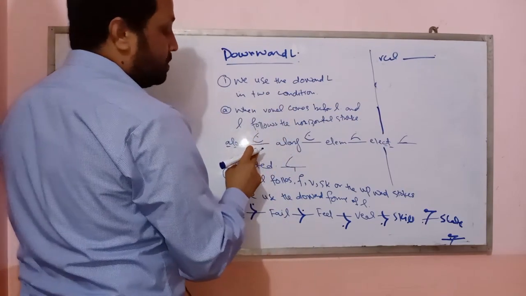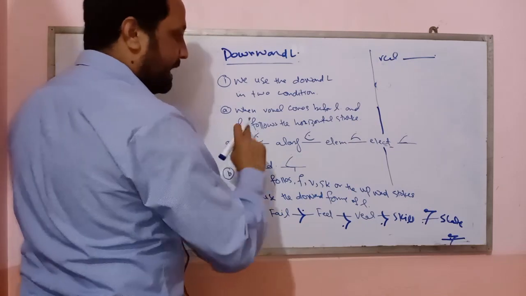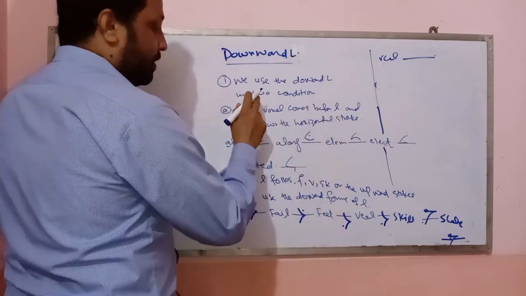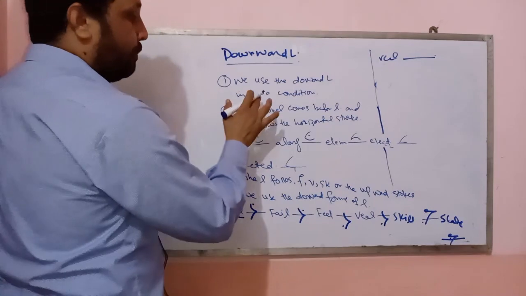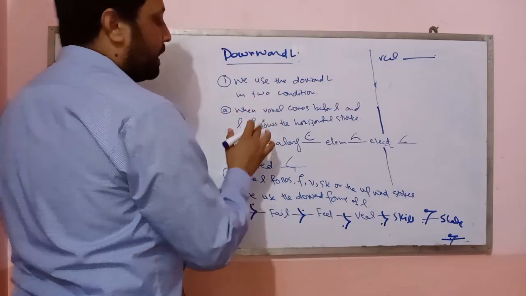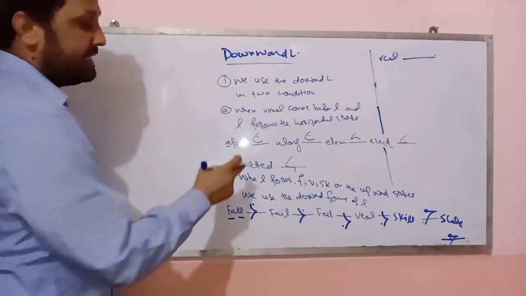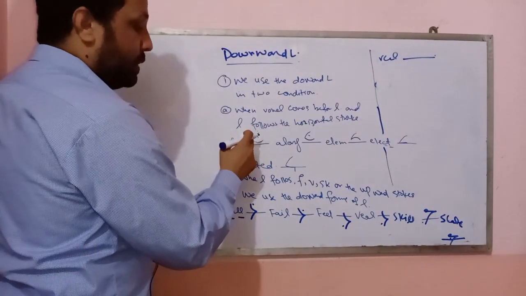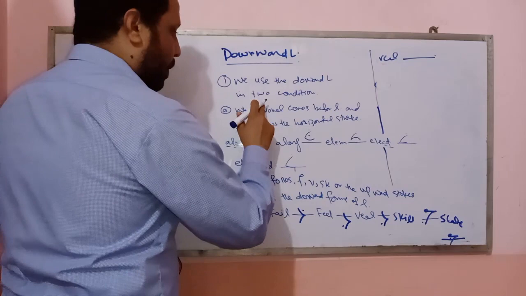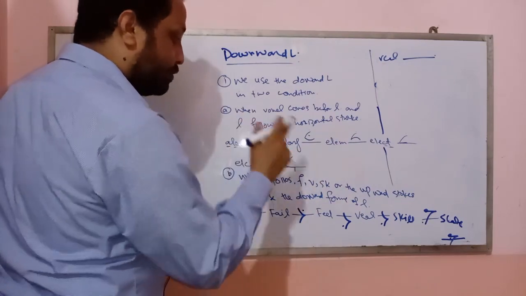When vowels do not come before L, then we use the upward form. Another principle which is the reciprocal of principle number 1. Okay, what is principle number 1? Principle number 1 is that when a vowel follows L, okay, then what is the reciprocal? When vowels do not follow L,